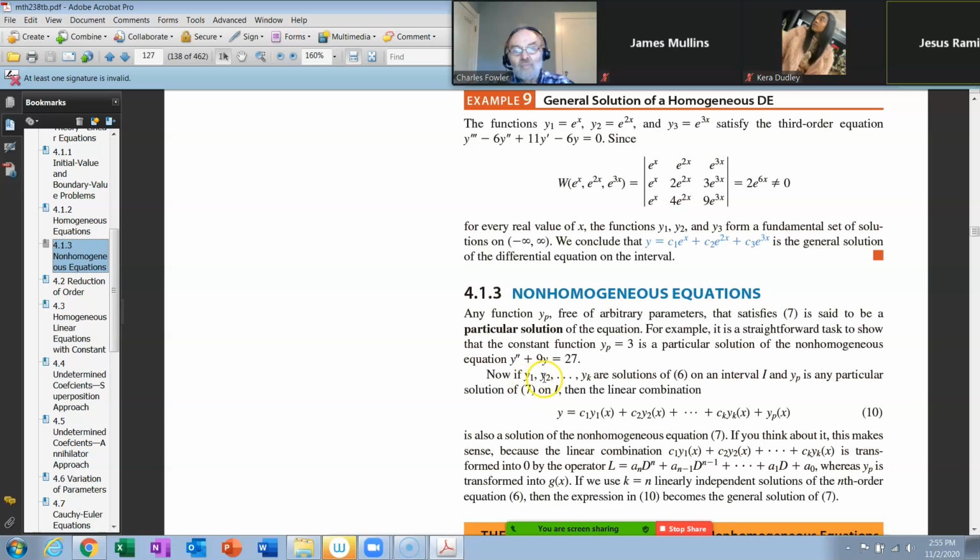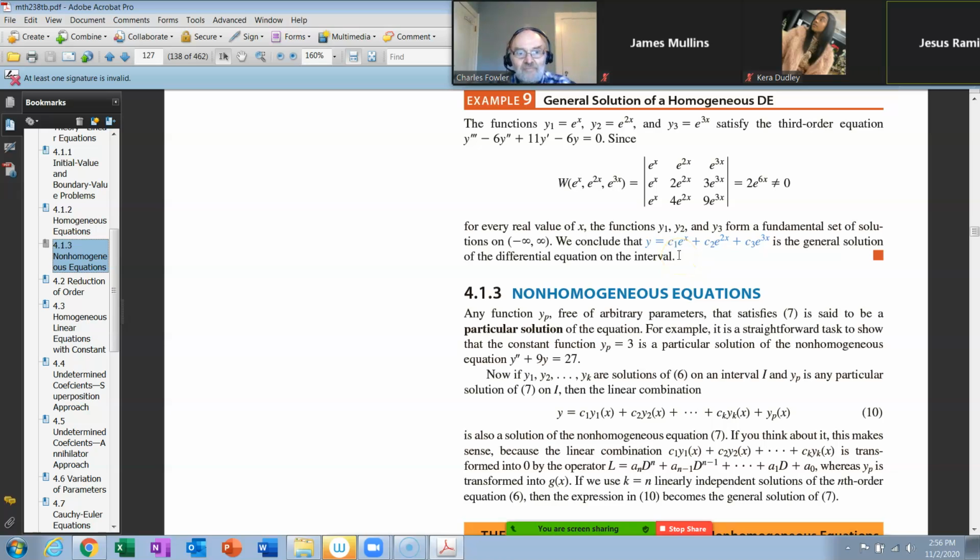If y1, y2, y3, y4, y5, all the way up to y sub k are solutions for your homogeneous type, that was example 7, something like this one here, that would be up to y sub 3, okay, on some interval I, and y sub p is a particular solution for a non-homogeneous case, like equal 27 or something like that, then your general solution would be that linear combination with your arbitrary,